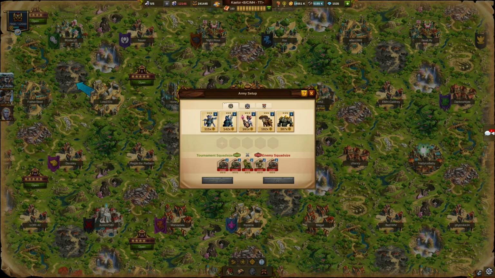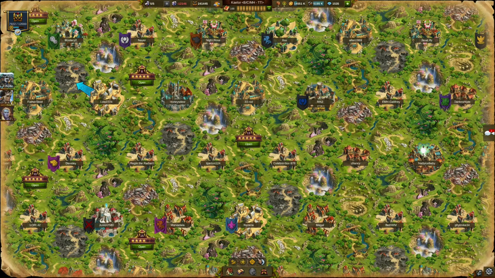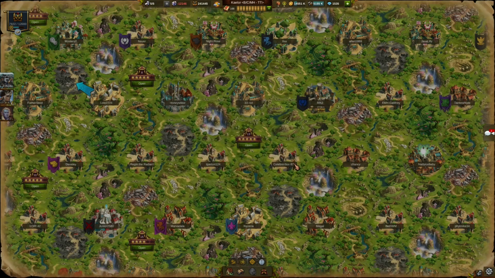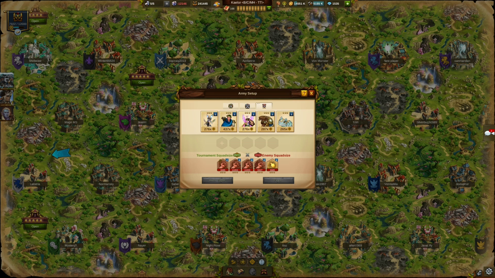Alright, so now, okay, the same matchup actually, so we'll go Poison Dryads again. And yeah, we did similarly. These are pretty good losses, but again, remember this is the easiest tournament there is, even though we didn't put up too many boosts. So this one again, well, that's straight up mage, no counter units to mages, and Blossom Princesses would be